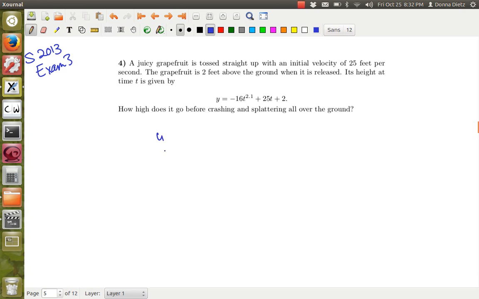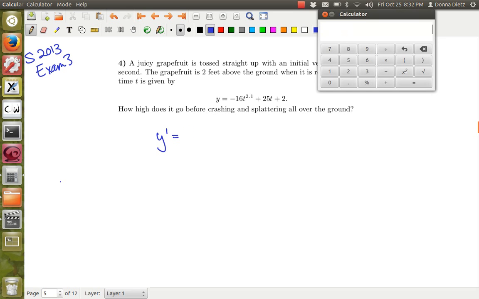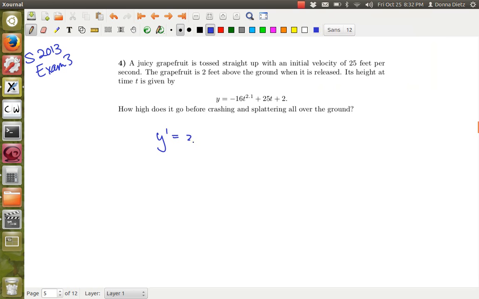Let's go ahead and take the derivative, set it equal to 0, solve for t, and then plug it into y. Right? So we grab the calculator. If it were 16 times 2, it would be 32. But 16 times 2.1, so it's going to be close to 32. It's going to be 33.6, oops, I forgot the negative, t to the 1.1 plus 25. Set it equal to 0,